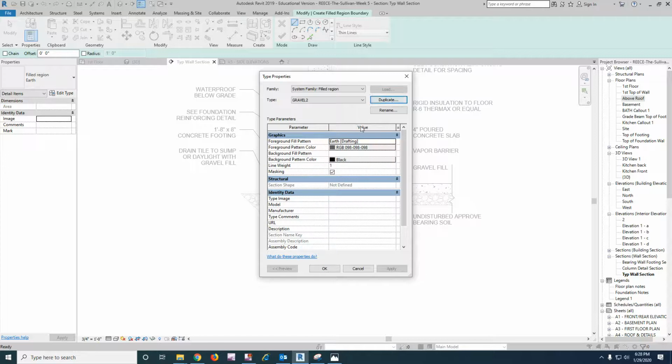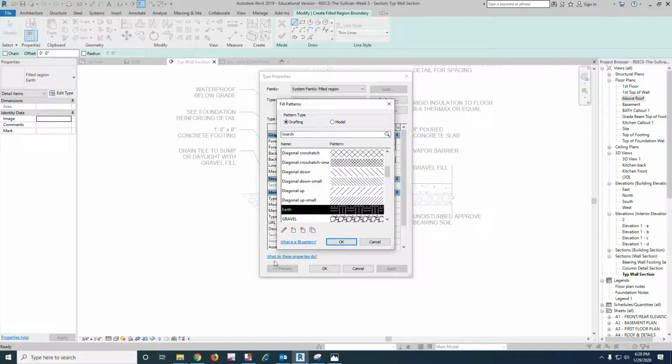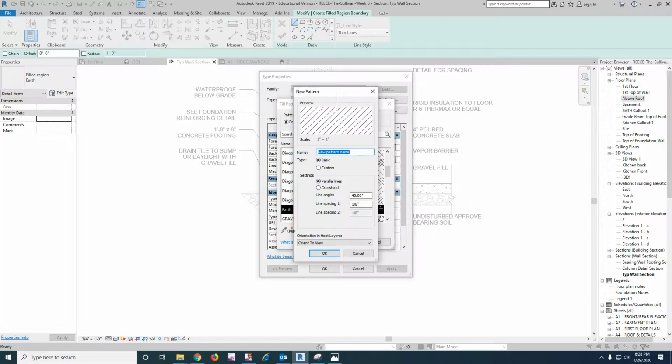Right here, foreground fill pattern, and we're going to go to a new fill pattern, and we're going to go custom. I'm going to call it gravel 2. You can name them based on your scale size, and that may help you later once you play with it. And we'll go browse,